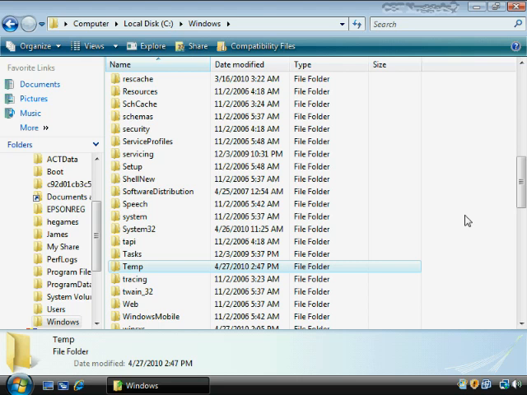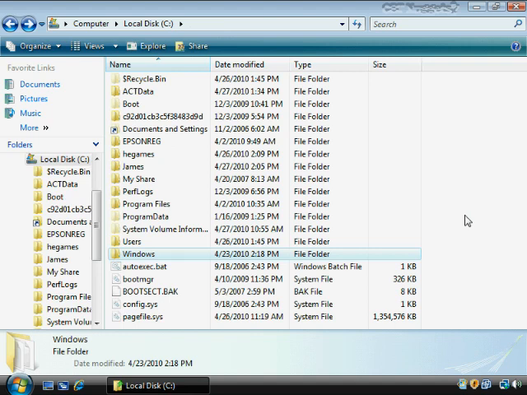Other applications, maybe when you run the setup routine, may create their own temporary file location. It's one of the things that annoys me about some Adobe applications. If I download an Adobe application sometimes to my desktop and then I double click on it there, it actually creates the temporary files right on my desktop and then it never cleans them up. So then I have to later on go back and delete those files.